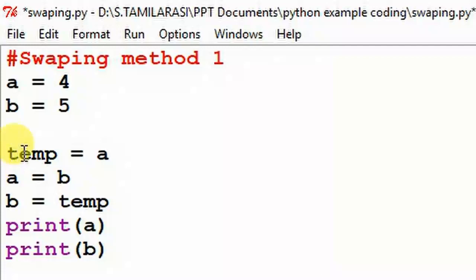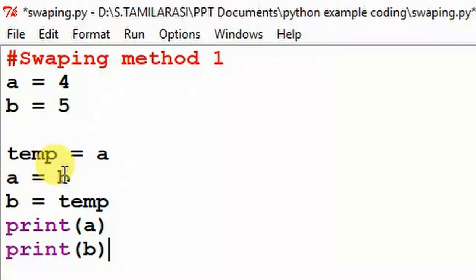First I create one temp variable, which stores a. A means 4, so the value stored in temp is 4. Next, a equal to b. In this place b is 5. The right variable's value is assigned to the left variable.